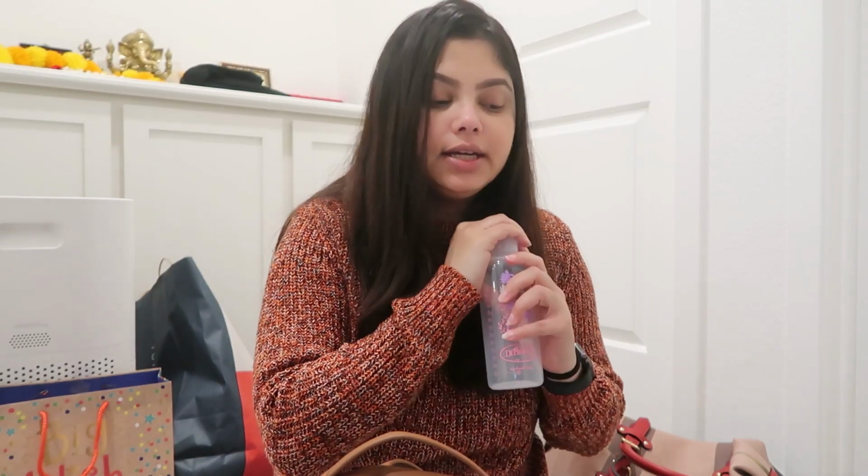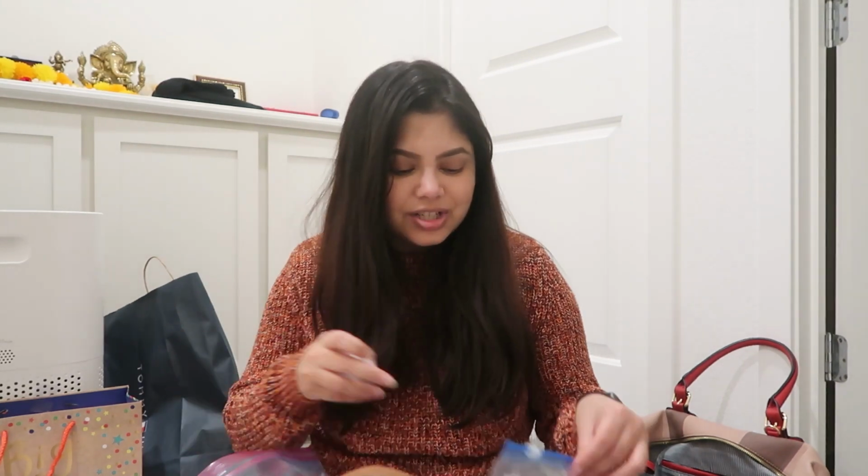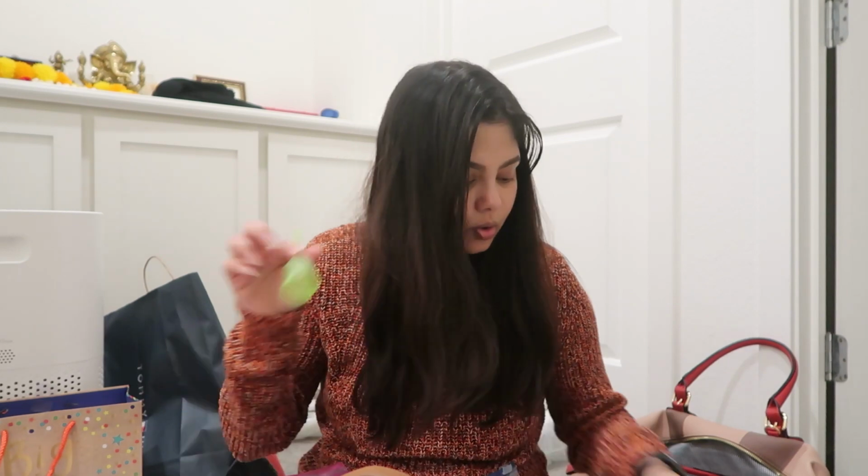Next comes the bottles itself. So I am going to actually make the bottles with the nipple and everything and cover and keep it so that it's easier. I don't have to find the caps and stuff like that. So let me quickly make these and then put it in the bag. Okay, so the bottles are kept, but I'm going to keep some extra nipples just in case something goes wrong. It's always good to have some extras of these, I don't know what they are called, and some of the nipples, just in case something falls. So I'm going to keep like 3 extra nipples, 1 cover,